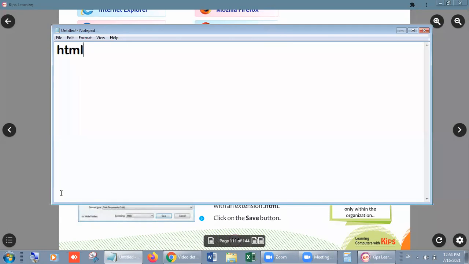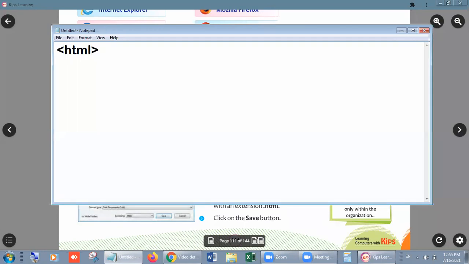But if we want to make it a command, then we use two angled brackets on both sides of it, like the less than sign and the greater than sign. We can't reverse it, इसको उल्टा हम नहीं कर सकते हैं. This is the compulsory rule to develop it.